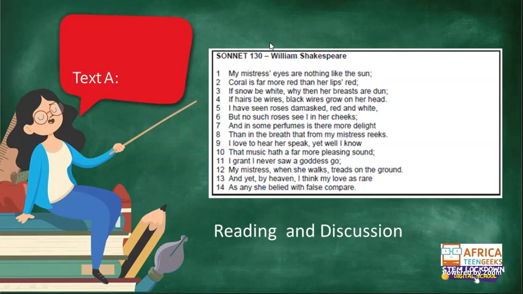Okay, so are you guys doing this poem at school? Who is doing this poem at school? I know that some of you are. Okay, Precious is doing it. Wanda, are you doing it as well? Bali is also doing it. Yes, Father has done it. Okay, so what do you guys know about this poem?